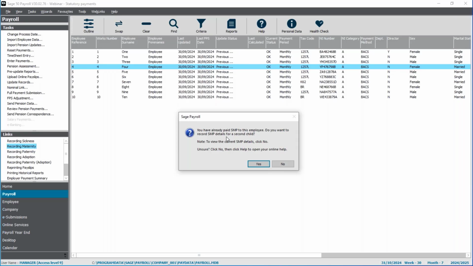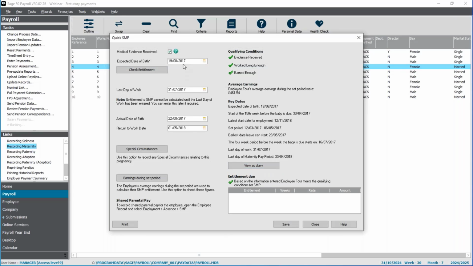Now, if you're unsure, the safest thing to do is to click no. And that allows you to view the current SMP details. And I can see here that, yeah, this is old information. This was the last time she was on maternity leave back in 2017, and I'm going to need to clear that information. So I'm not going to overwrite it here